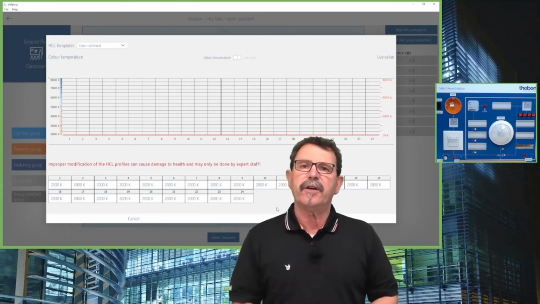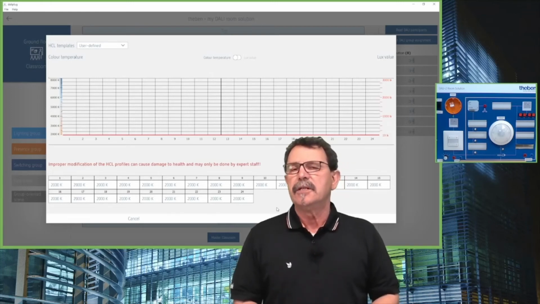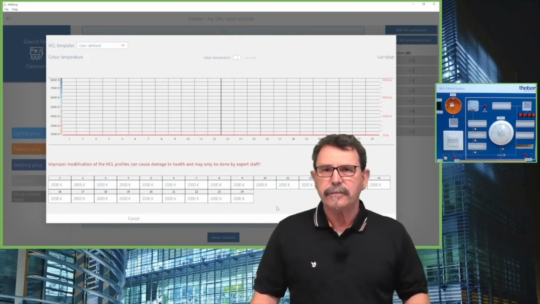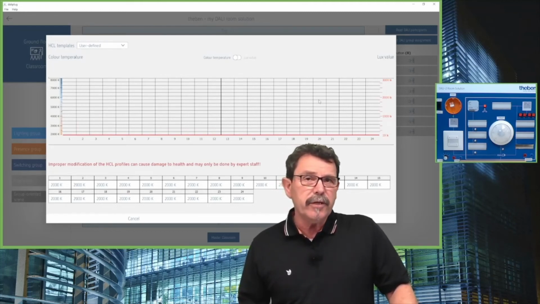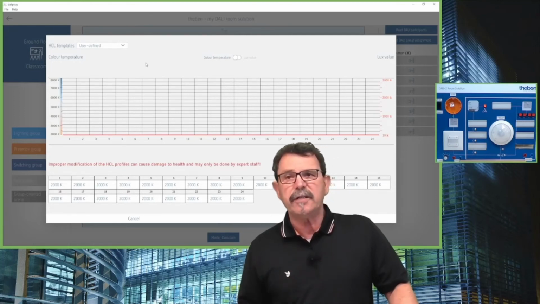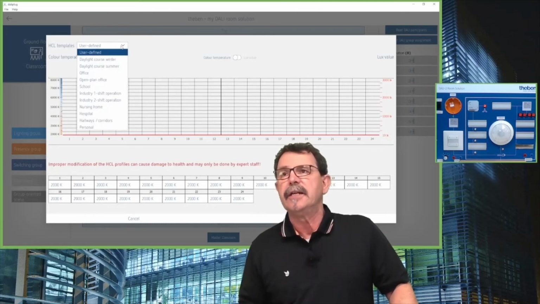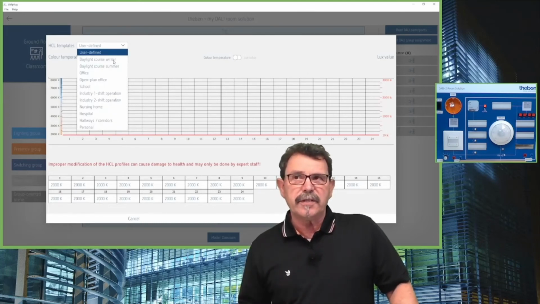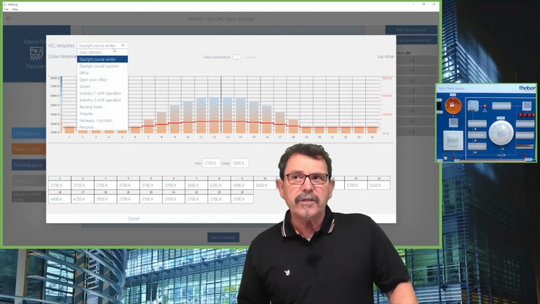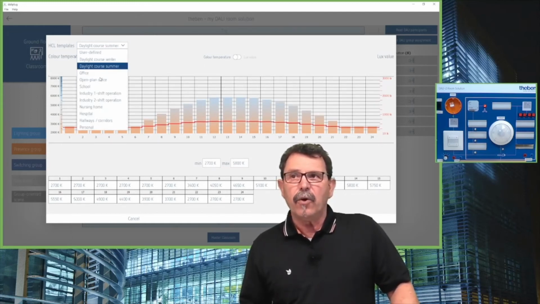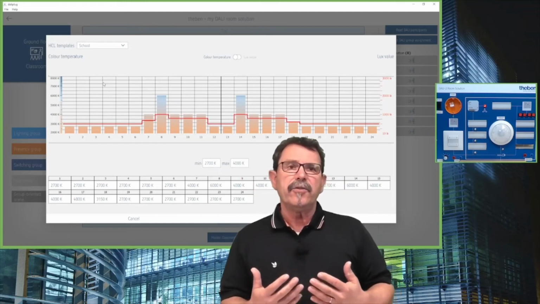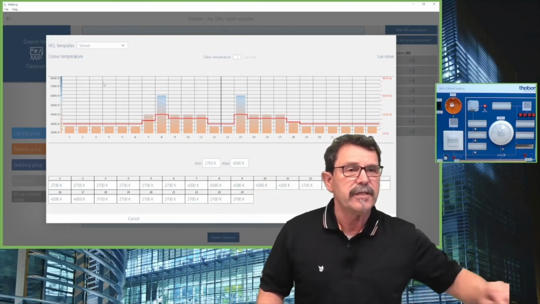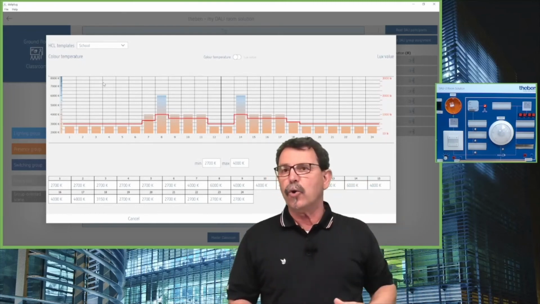And in the afternoon, or at sunset, it turns again to the more red colors. If you want this automatism, you can call up a template. You can either do it here in this template as a user-defined solution, so you decide how you want to have it. But if you just want to call up, for instance, a daylight course for the winter season or for the summer season, or for school purposes, then these tunable white lights will automatically change the color temperature